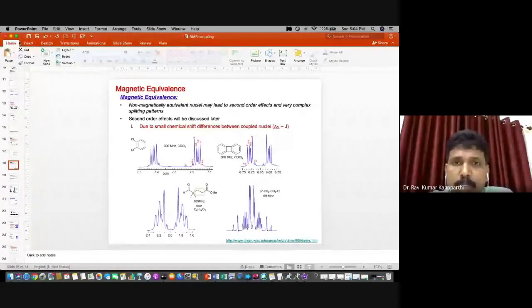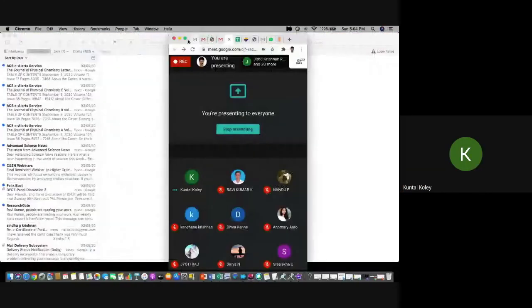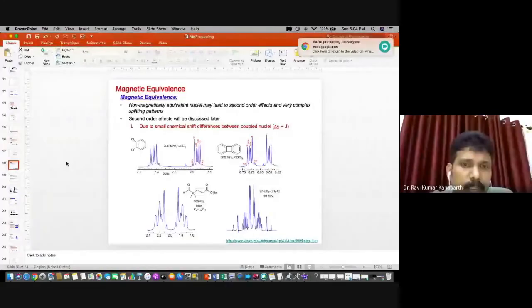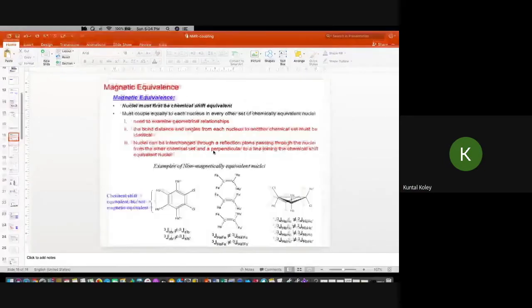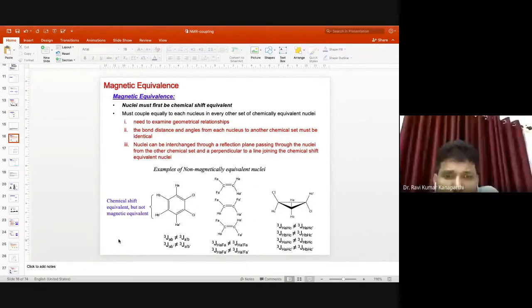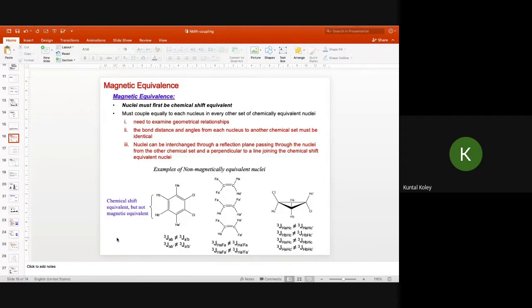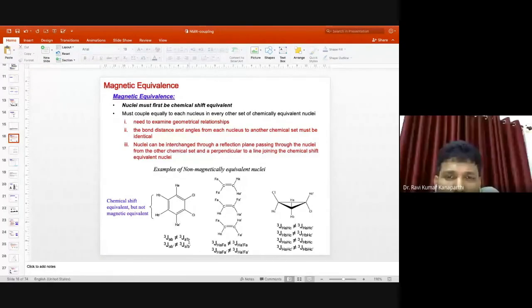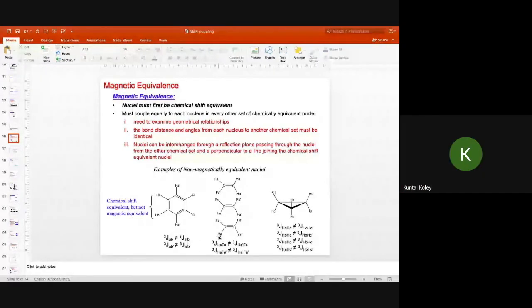Yes. Can you go to the third last slide? This one? No. Yes, this. Sir, this number 3, is it the number of bonds between the atoms? Correct. Sir, between A dash and B, there are 4 bonds, I think, or is it 3? Which molecule are you talking about? The benzene, the leftmost molecule.